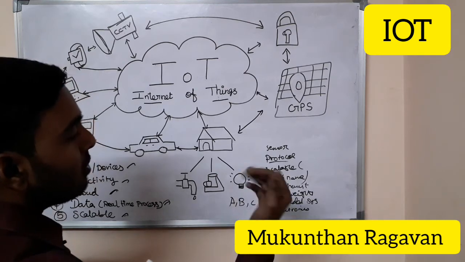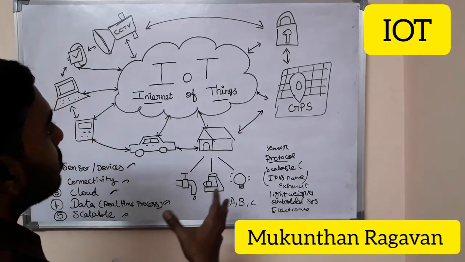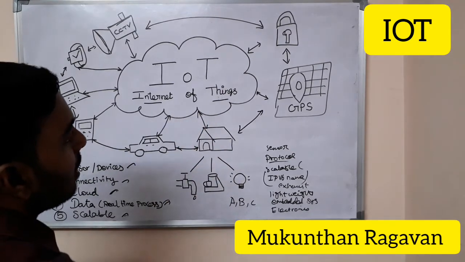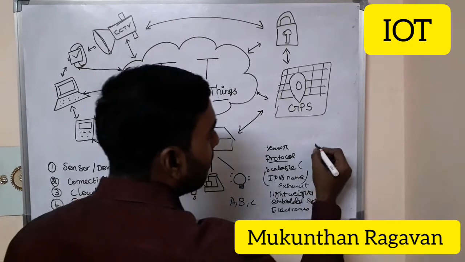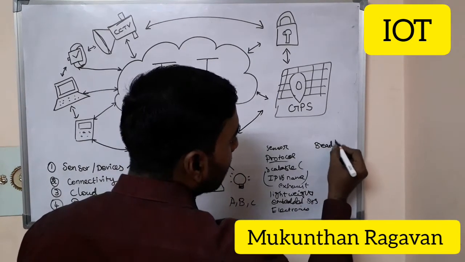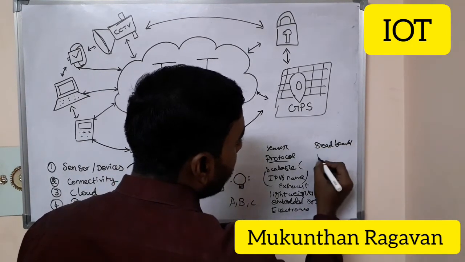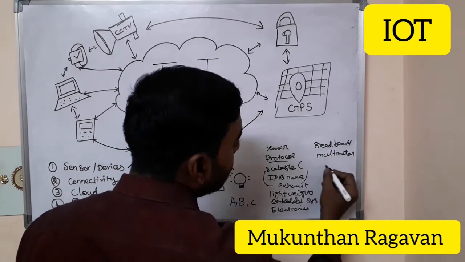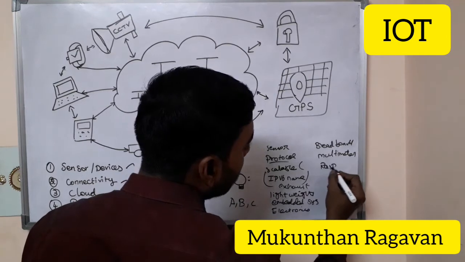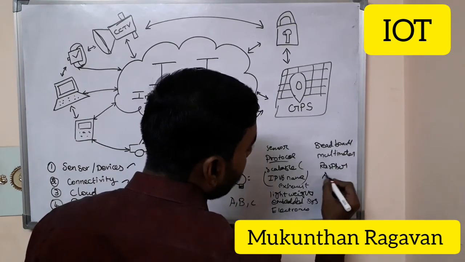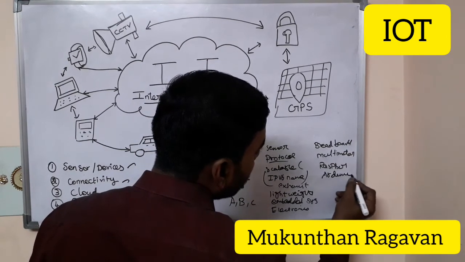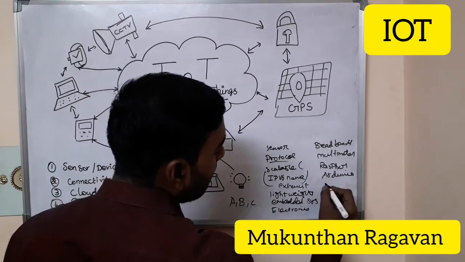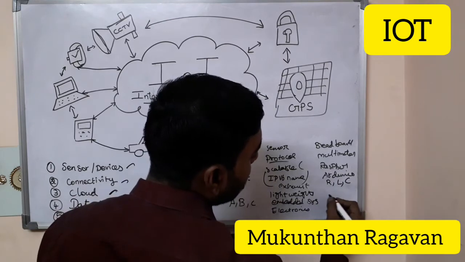So rather than going into the theory part, in coming sessions we will look into the different devices, or what pre-setup is required for IoT devices or IoT learning. For example, you need to have a breadboard, or let's say a multimeter, and you should have some Raspberry Pi, or say Arduino. At least you should have the basic components of electronics, such as resistor, inductor, capacitor, or say